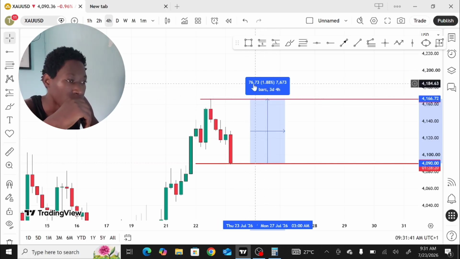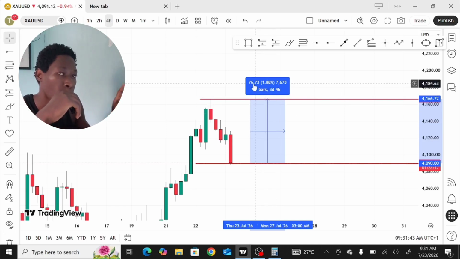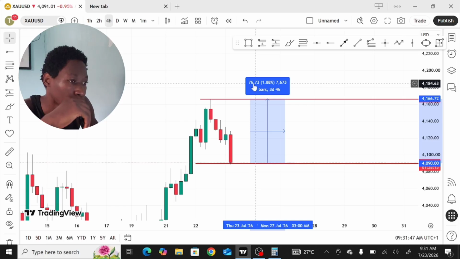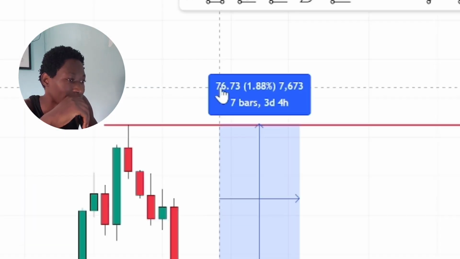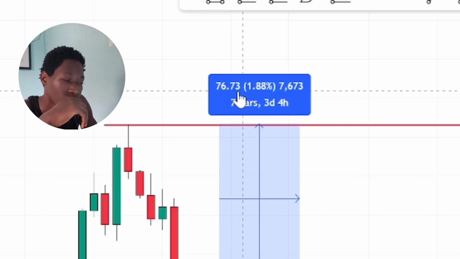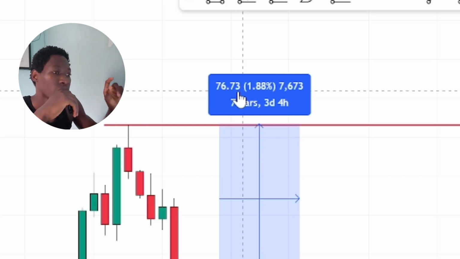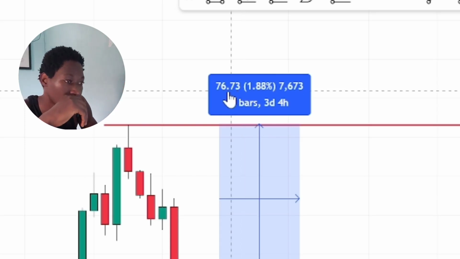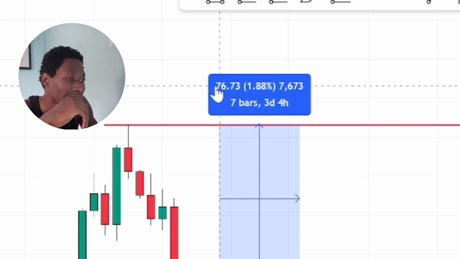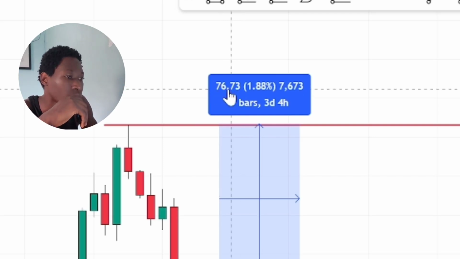You see this decimal point here, just move it 1 point to the right. Do you know what I mean by 1 point? So instead of it being 76.73, it will now be 767.3. So just move it 1 point to the right. Do you understand? Shift this decimal point. So it will now be 767,